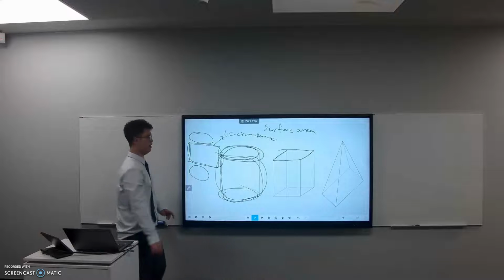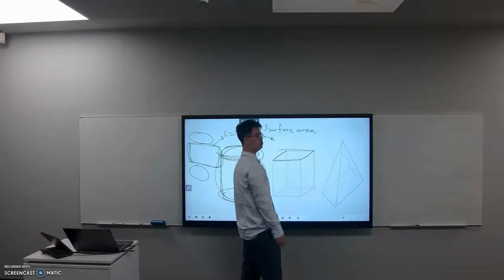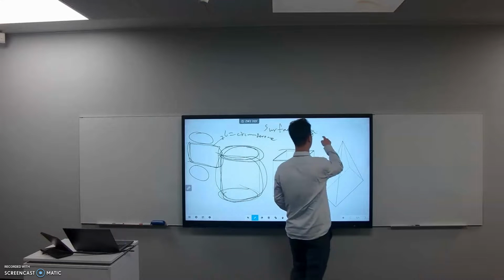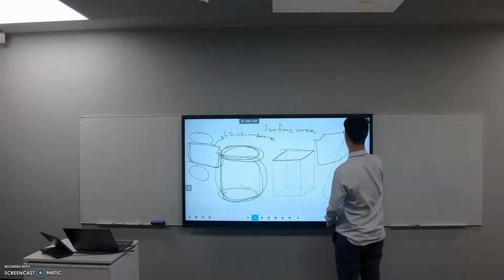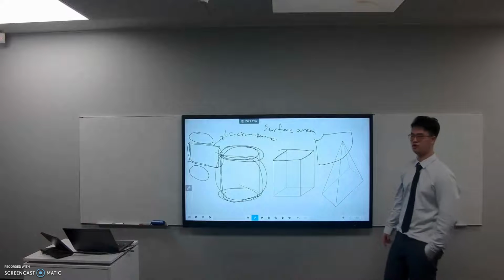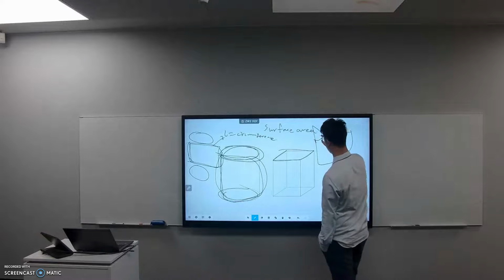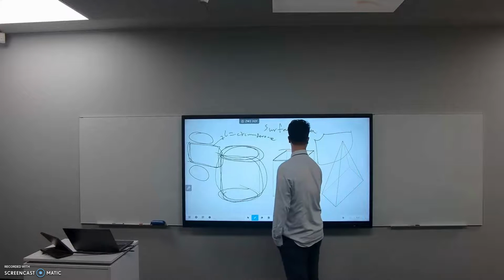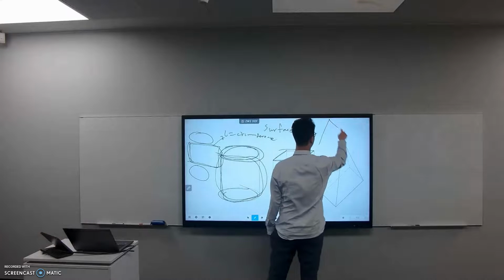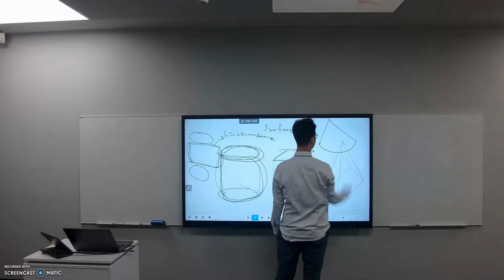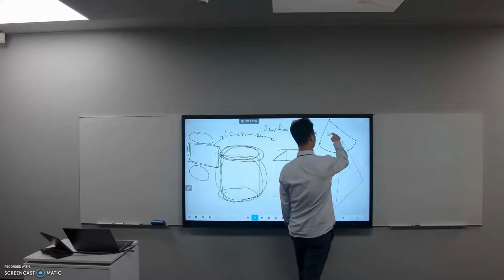If you expand a cone, you will get something like this, which we wouldn't really worry about. This section is not like this. You won't get this. You'll get something similar to this. This is a curve. This is called a sector,